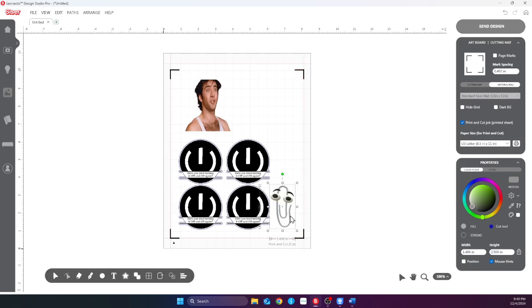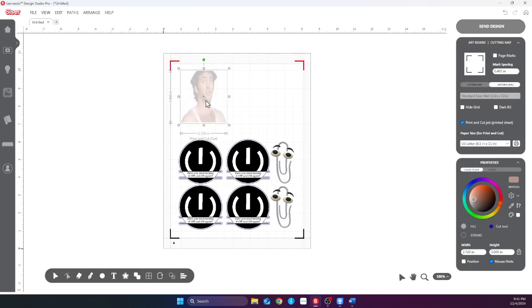Okay, and let's see if we can move him down at all. We can. Okay, so let's duplicate him. Move him up some. And I only need one Nicolas Cage. There is only one Nicolas Cage. Okay, and then we'll fill the rest up with, should we fill them up with clippies, or